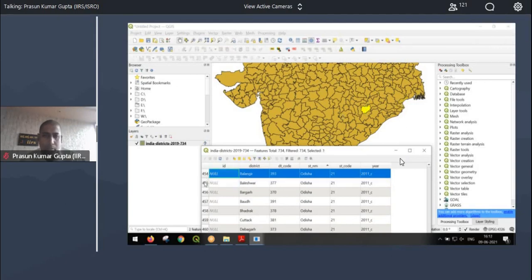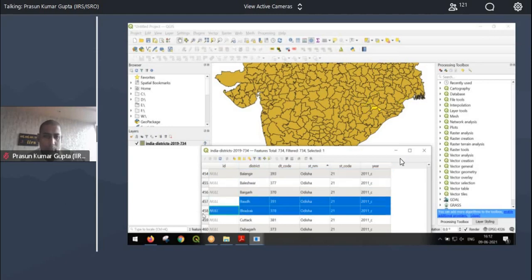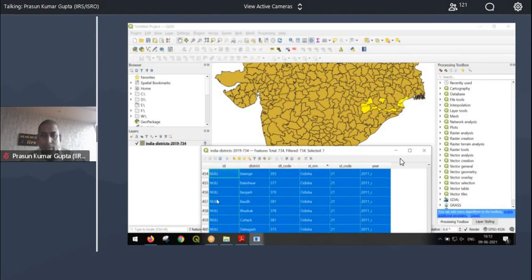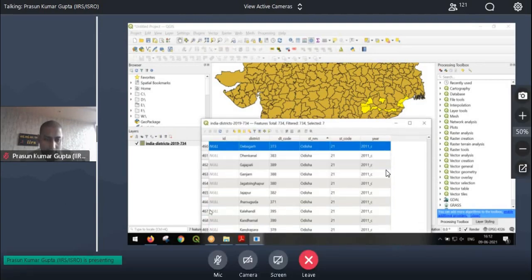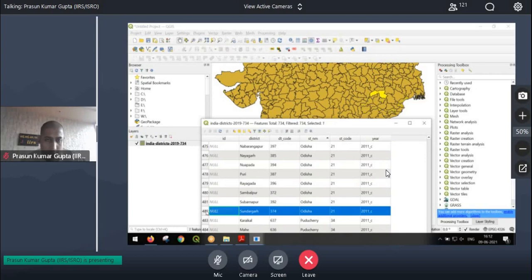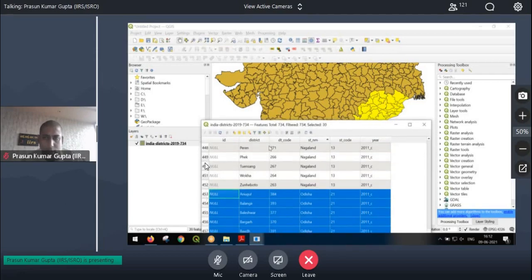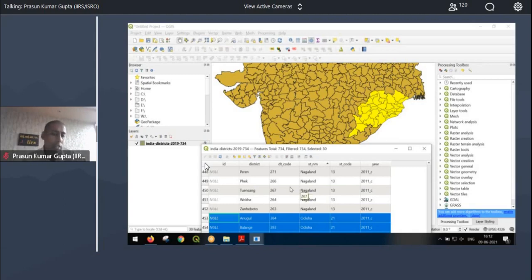So this polygon is Balangir, this is Baleshwar, this is Bargarh, Bhadrak, Cuttack, and I can drag and select all of them. सारे district हैं. So 29, it should be 30 districts of Odisha. You can select. You can save it like a separate file and things like that.